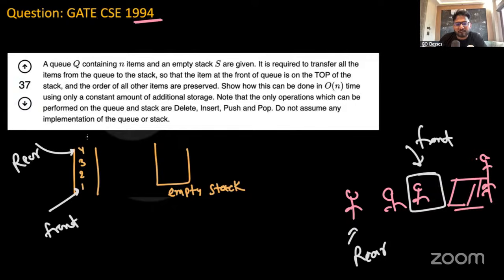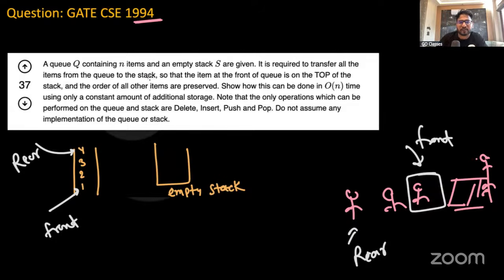They want to transfer all of these elements here. But if you have a queue, you first dequeue 1, and then the rest get shifted, so this will be 1 2 3 4, and you will be shifting like this. But they don't want it like this. They want that 1 should be on the top. They are saying that the front, whatever is the front.